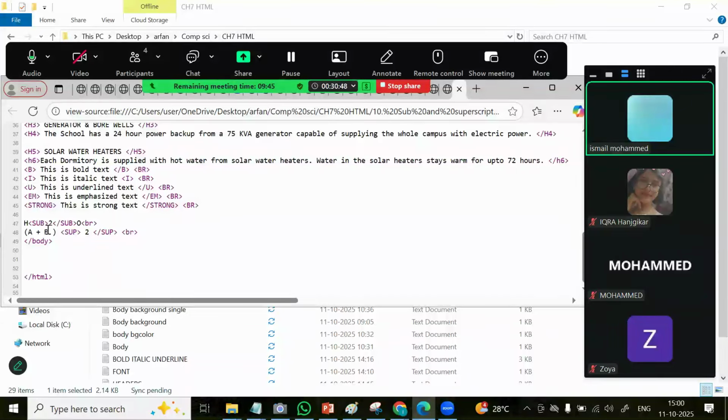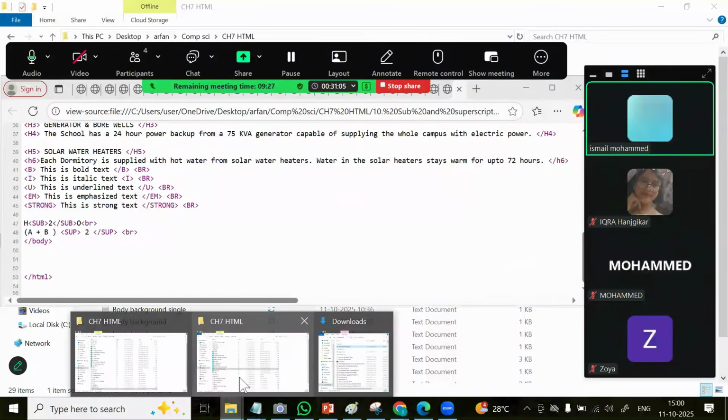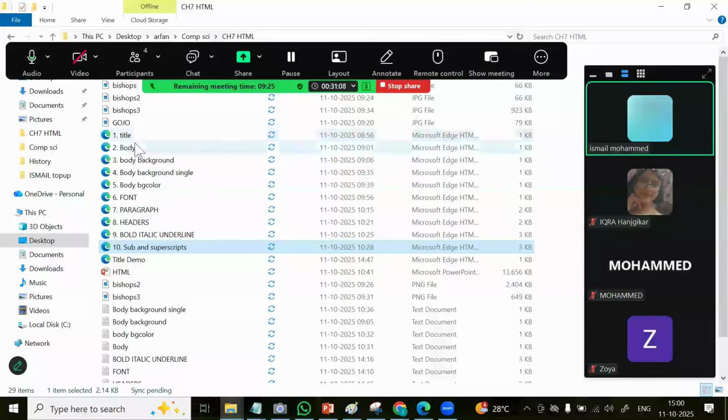Then you have the sub tag, H sub, and you close that sub tag and then O. Then BR, you go to the next line, and then A plus B, super tag, superscript, subscript, and superscript. So these are all the different tags that you have in your chapter. What are the different tags? Title, head, body, font, paragraph, header, bold, italic, underline, strong, emphasize, subscripts, and superscripts. This is the entire thing about your HTML